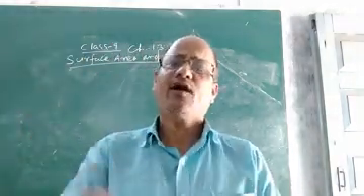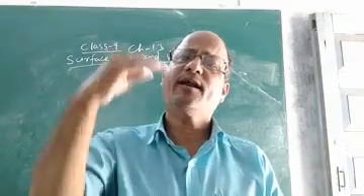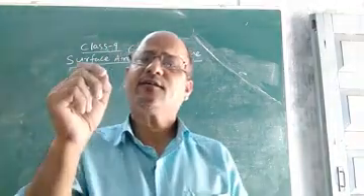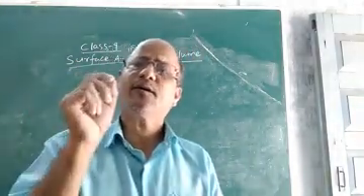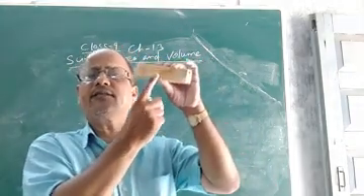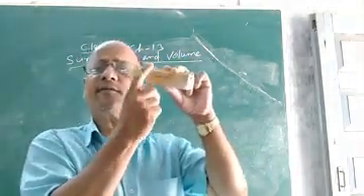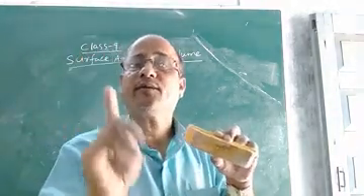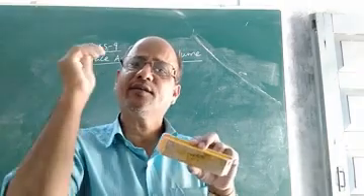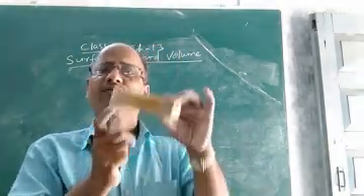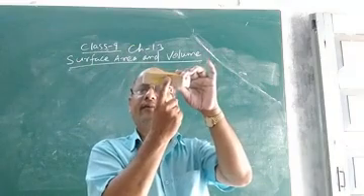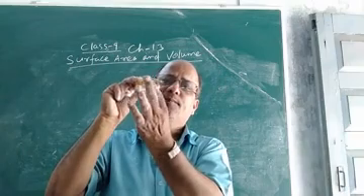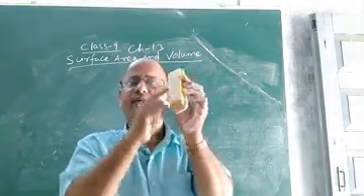Now let us see what surface area is and how to find the surface area of a cuboid and cube. Before that, children, we must know what a surface is. This is the best example to explain the concept of surface. You know from junior classes that a cuboid has 6 faces. How? Suppose this duster is a cuboid. This is one face, this is the second face, the third face, the fourth face, the fifth face and this is the sixth face. So there are 6 faces.